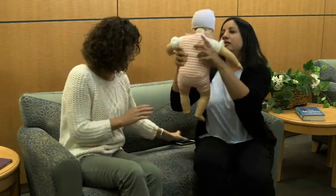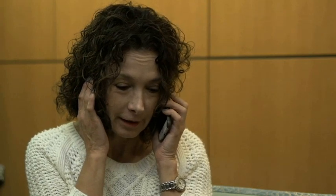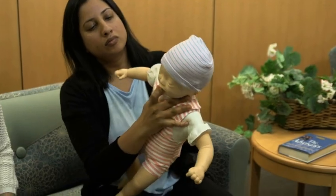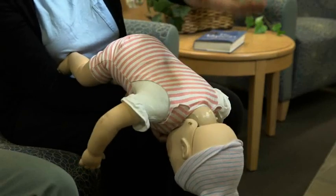Tell someone to call for emergency assistance, 911 in the United States, while you begin first aid. If you're alone, shout for help and begin first aid. No equipment is needed. Hold the infant's chest in your hand and open the jaw by pulling down the mandible with your fingers. Position the infant face down along your forearm, supported on your thigh or lap, with the head lower than the body. Give 5 quick, forceful blows to the back between the infant's shoulder blades, using the palm